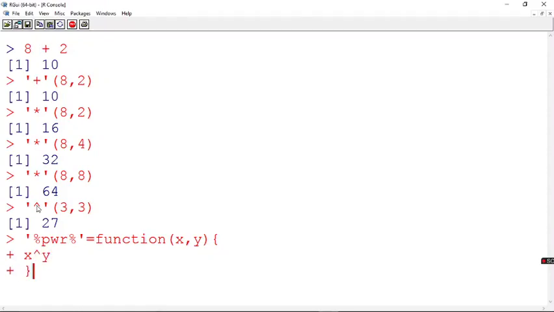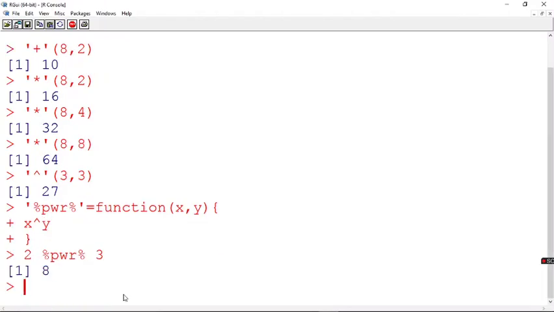Yes. Now I have created this. I have closed the function. Now it is done, so my user defined operator is ready. Now let us check it. Let me say 2 power 5, whatever it is. So I say 2 to be my operand and this is an operator. I say this operator I had created and I say 2 power 3. In this case 2 is considered as x and 3 is considered as y. And my operator has to give 2 power 3, so it has to be 8. See, you are getting 8.